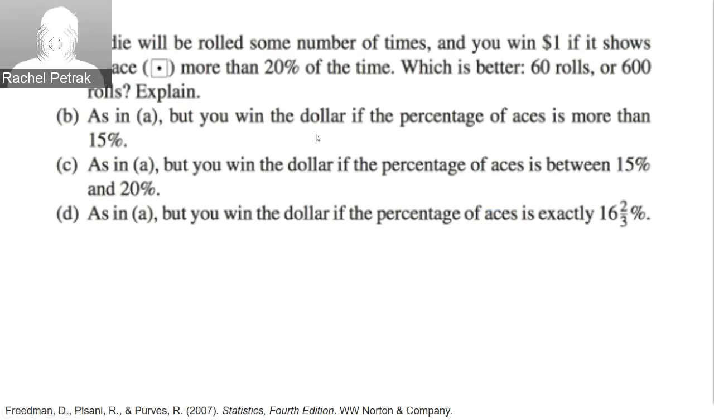But let's talk about some standard gambling setup here with a die rolled some number of times, and you win $1 if it shows an ace more than 20% of the time. So which is better, 60 rolls or 600 rolls? Well, first,